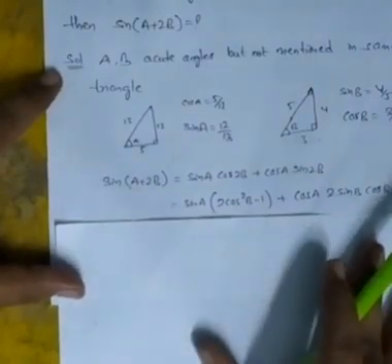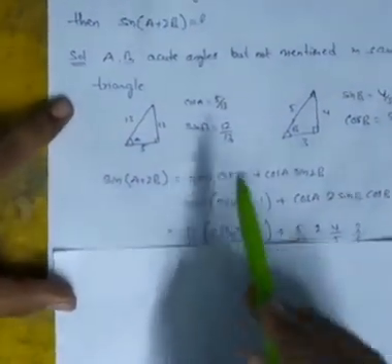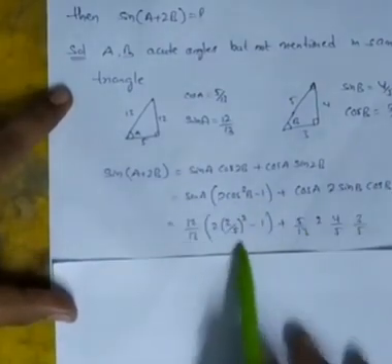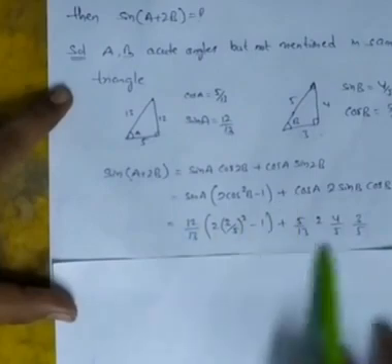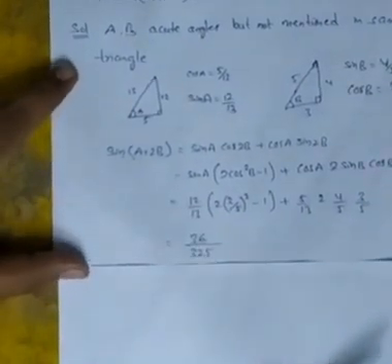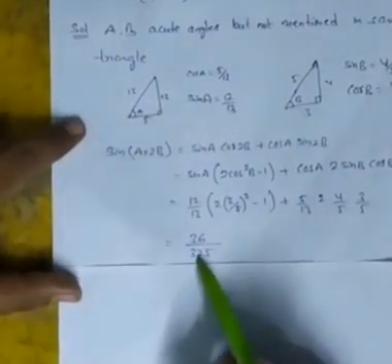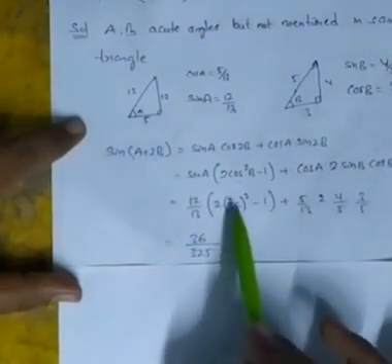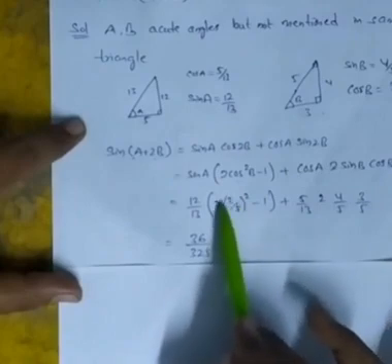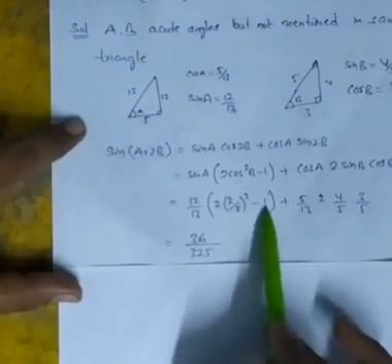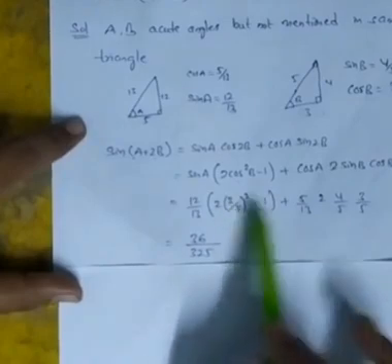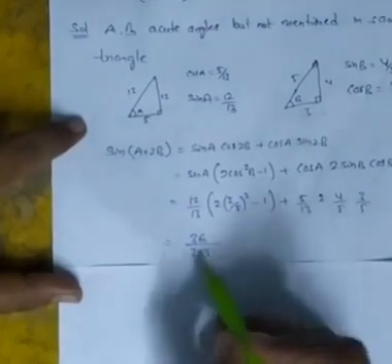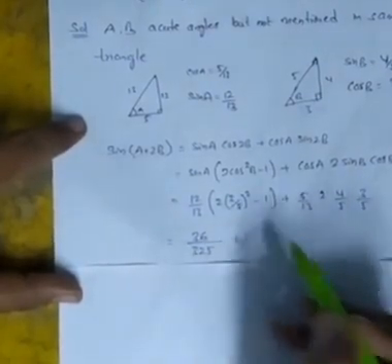So directly we substitute. We have sin A is 12 by 13, and after substituting every value in this, we are left with these numericals. After simplification you will get 36 by 325. Here it is 9 by 25, 9 to the 18, 18 by 25 minus 18 minus 25 by 25. After calculation and simplification, you will get 36 by 325, which is your correct answer.